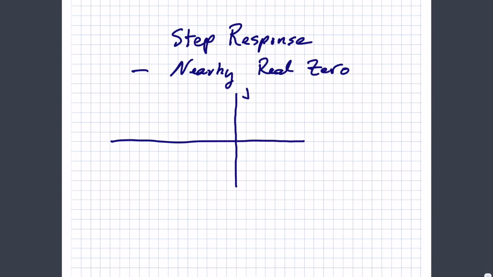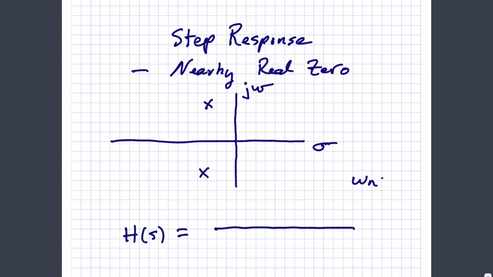We have the j omega axis like before. We have the real axis and a pair of complex conjugate poles. And so that gives us the transfer function. And once again, we're looking at normalized frequency. So omega n is 1. And so we'll be looking at s squared plus 2 zeta omega n s plus omega n squared. Okay? Now we're going to add in the numerator